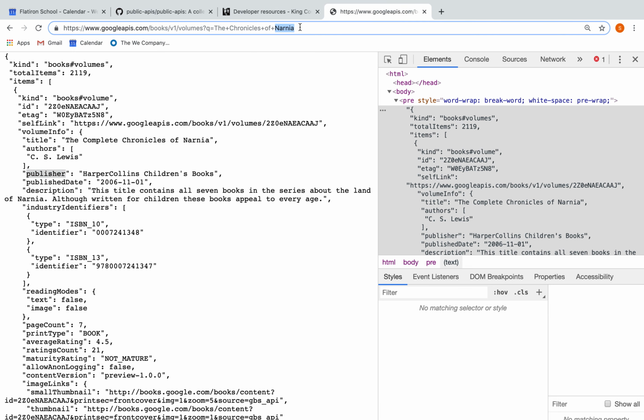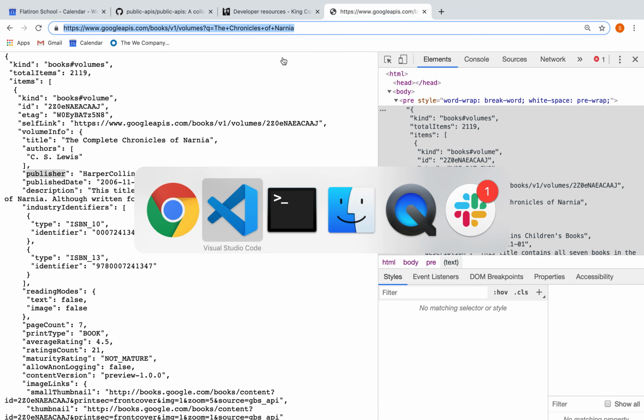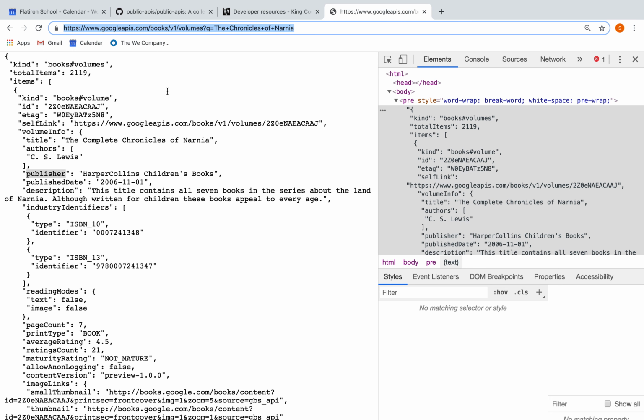This is the URL that gives me access to this. And you'll be doing something similar to this no matter what API you use. You have a resource that's available to you. You're going to use the URL format that they want you to use and pass in the parameters properly. You'll notice this question mark